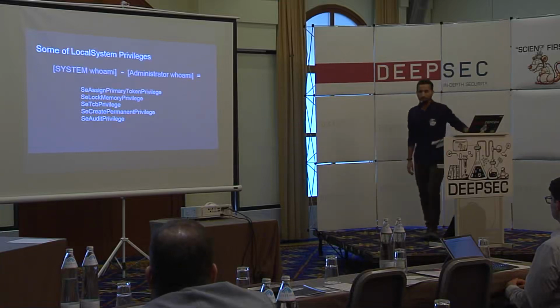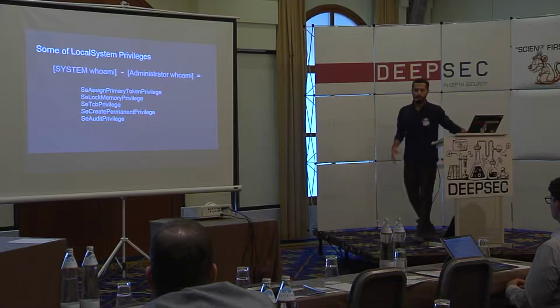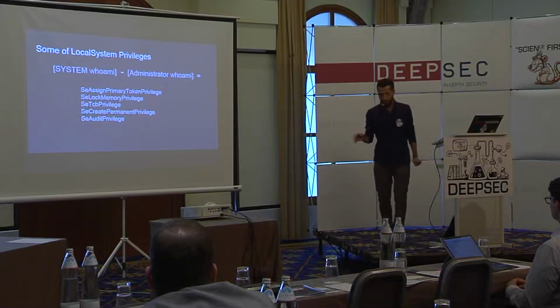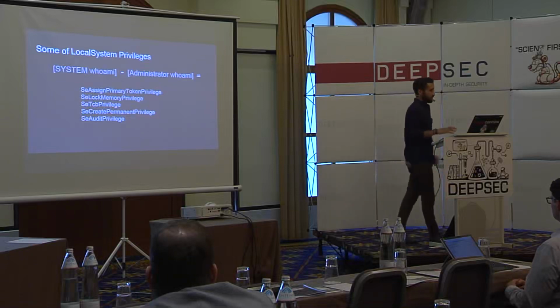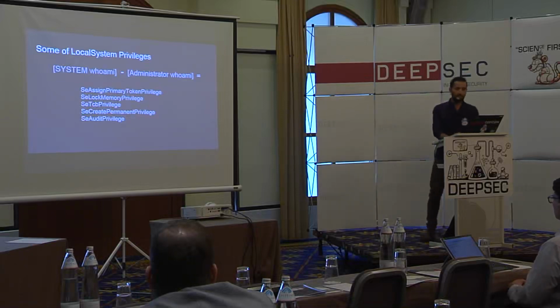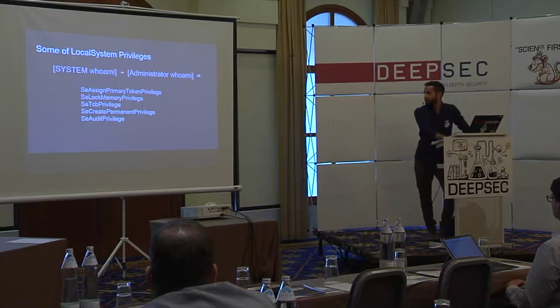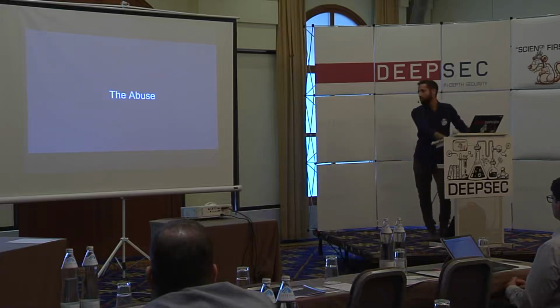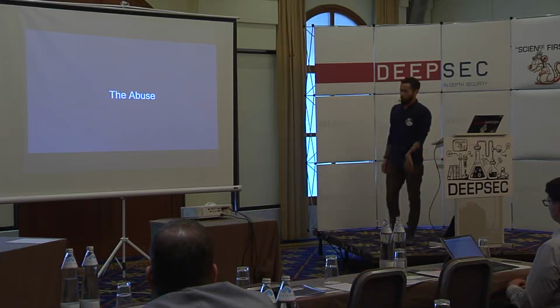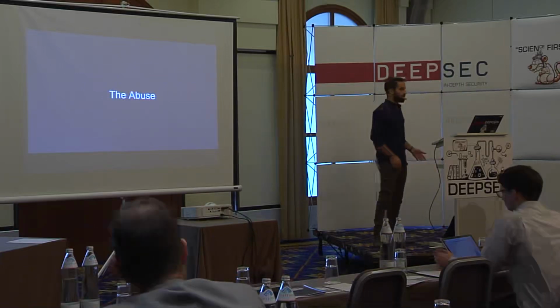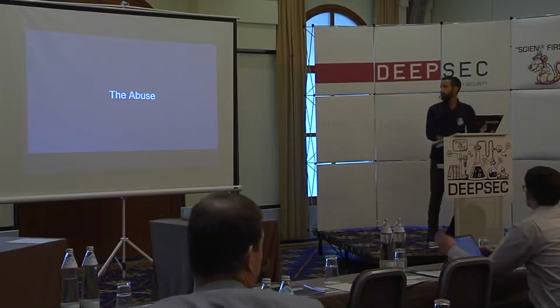You can lock memory, meaning that you can choose pages in memory that will stay in volatile memory and not be paged to the hard disk. And the TCB privilege is the one that lets you act as part of the operating system, and there are others. So we now know why we want to be SYSTEM. We know how BITS generally operates. Let's dive into how we abuse it